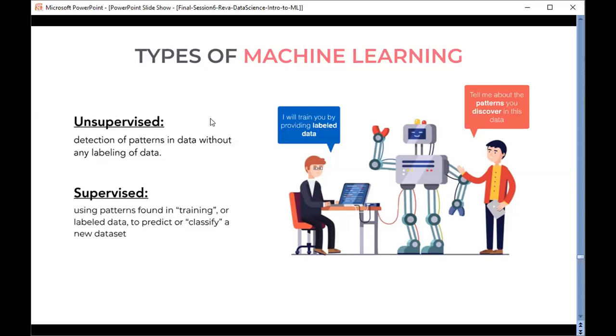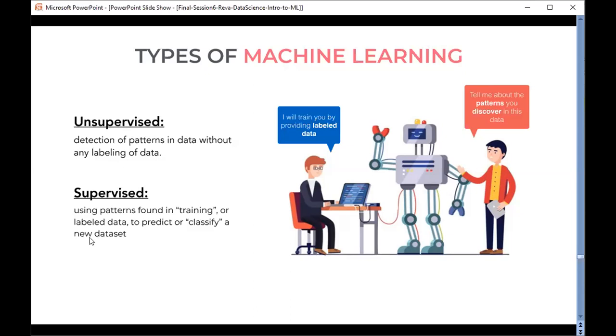Unsupervised machine learning is focused on the detection of patterns in unlabeled data. When I'm talking about unlabeled data, that is, we don't know the class of the sample. We do not have the information related to its class. Its class could be whether it's a cancer or a normal, or whether it's a stage 1 cancer, a late stage cancer, or a stage 4 cancer. So this kind of class is missing. In that scenario, we are using unsupervised machine learning. Here the main idea is to apply techniques that are automated and rely on various assumptions.